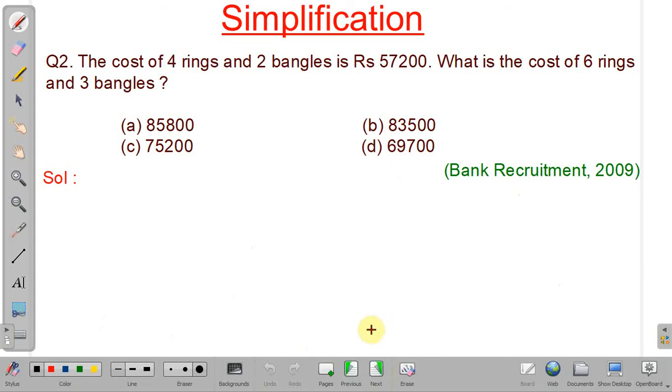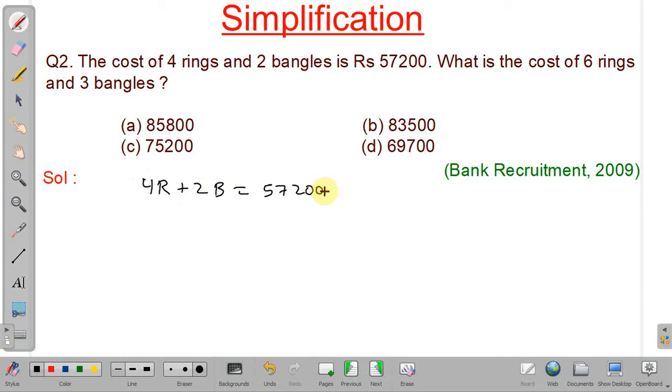In the next problem, what is given? Cost of 4 rings and 2 bangles is given as 57,200, and we have to find the cost of 6 rings and 3 bangles. So how can we solve? See, this problem is very easy. So let R denote the cost of a ring. So 4 rings plus twice of bangle is given as